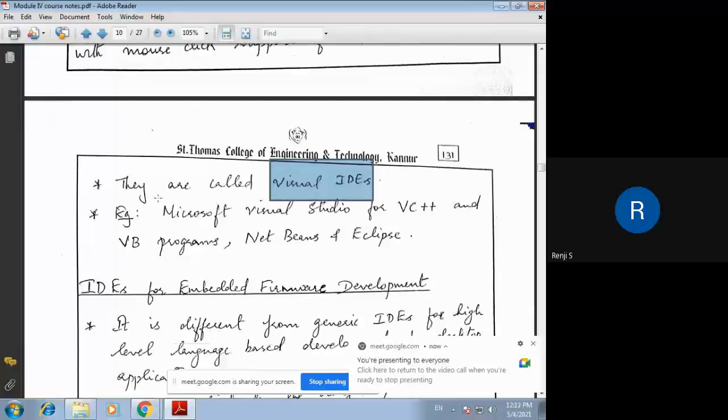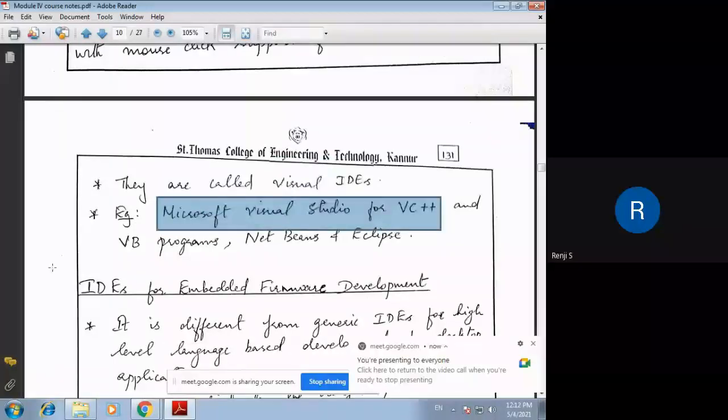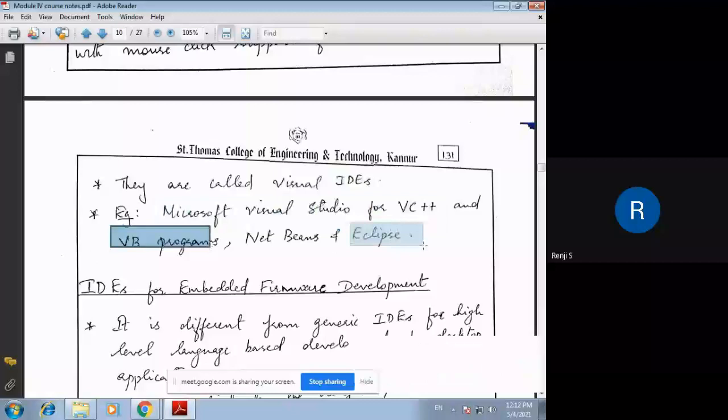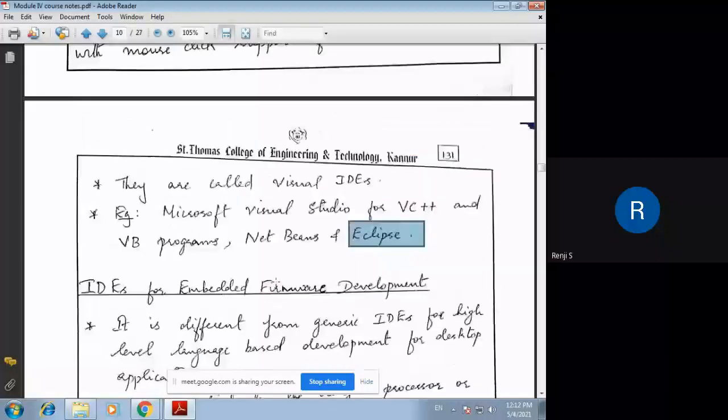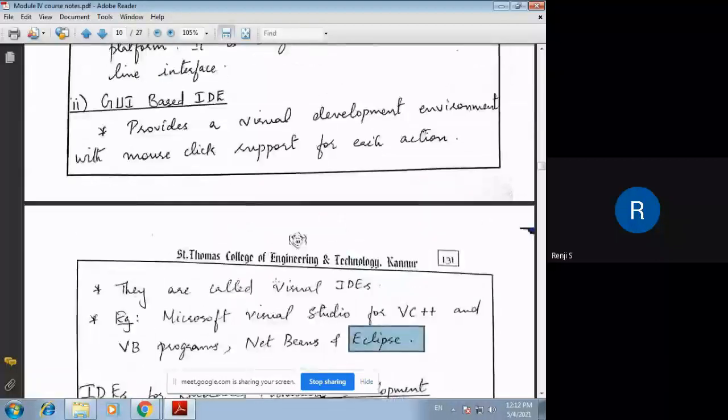Examples of visual IDEs include Microsoft Visual Studio for VC++ and VB programs, NetBeans, and Eclipse. Eclipse is an open source tool which supports many processors. So these are the GUI based IDEs.